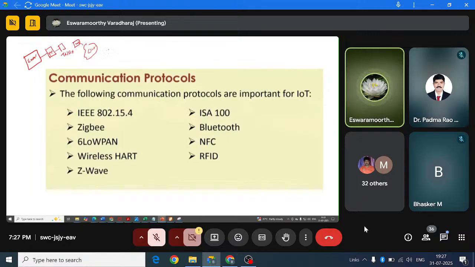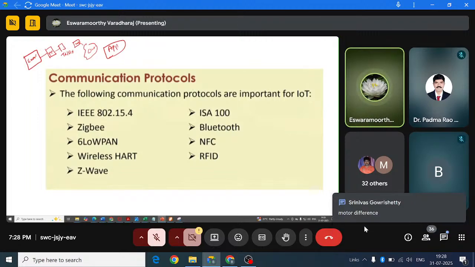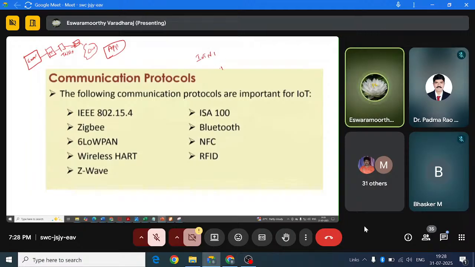And gateway to application. Now, how does the sensor, after processing and transmission, communicate to the gateway? How is it possible? There are so many protocols, right? It is not only from processor to gateway. Sometimes within the IoT node 1 and IoT node 2,